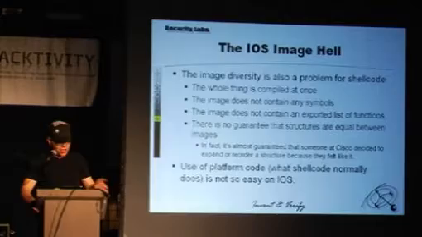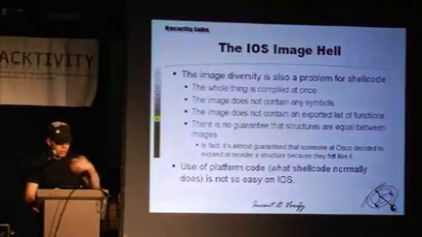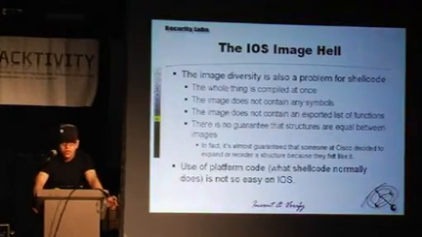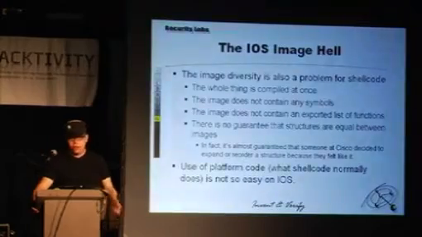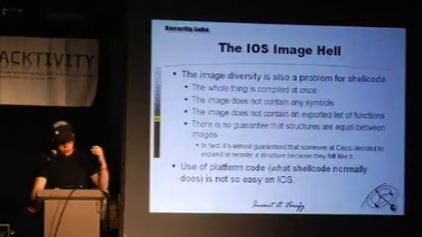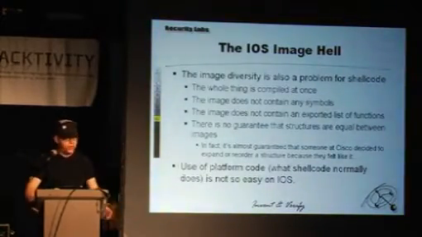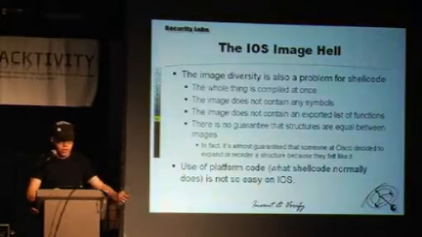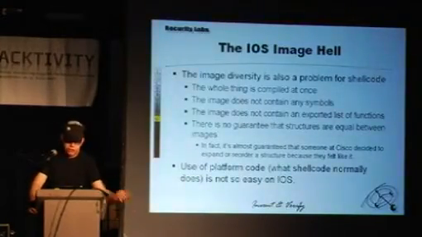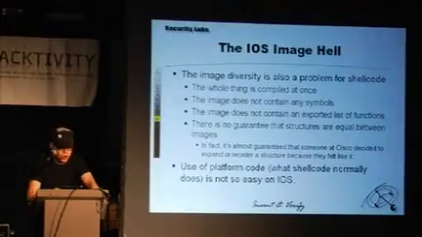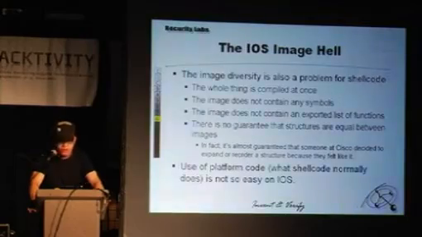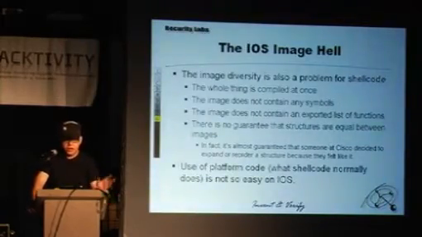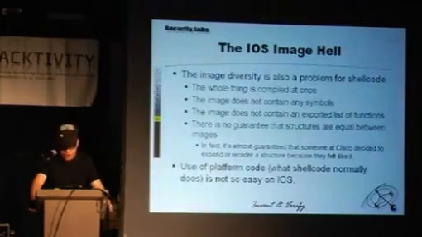So this image diversity is not only a problem for the exploitation process by itself, but it's also a problem for the shellcode. You know, regular shellcode will call operating system functionality. On a Linux shellcode, you would say, well, I'm calling execv. On a Windows shellcode, you will load library or create process or something. So you're calling some functionality in the operating system. The problem is if you don't know where the functionality is, you can't call it. And the images, as stupid as Cisco is, they're not shipping images with symbols. So you can't just look up the symbol and call the functionality.